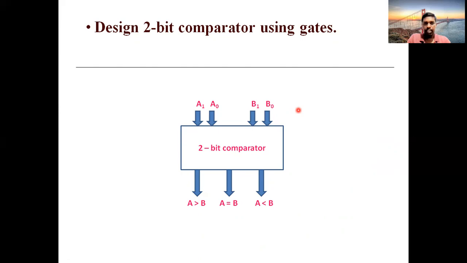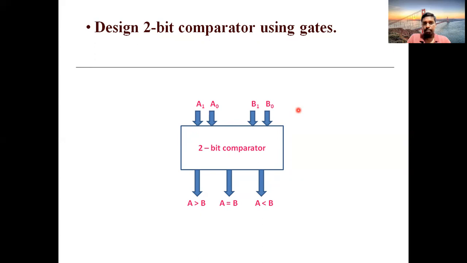As we are having three outputs, A less than B, A equal to B, and A greater than B, remember that for each and every comparison, only one among the three outputs will be high and the rest will be zero. So you should be clear while you are framing the truth table. Please verify that your circuit consists of only a single one present in the output section for each and every comparison.